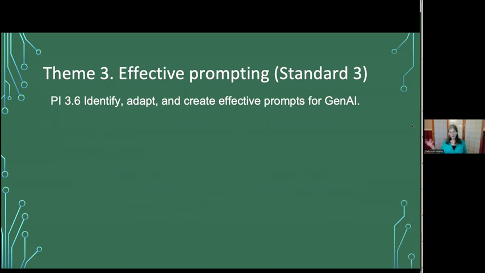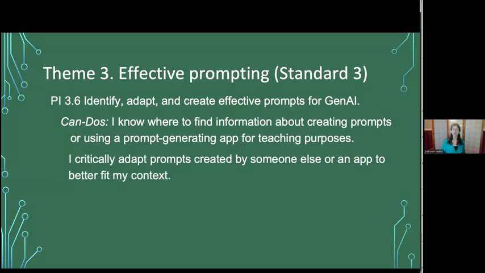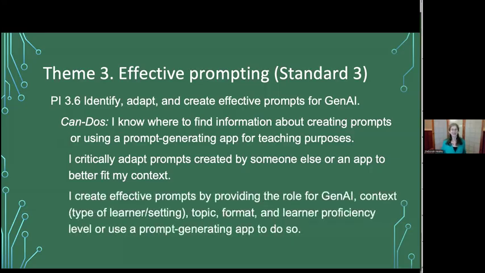The one that's really the heart of generative AI: identify, adapt, and create effective prompts. You know where to find information, or you use an app. Because we're not saying that everybody needs to be a prompt engineer. We're saying that you need to be able to recognize the good ones. You can critically adapt them, or adapt what an app creates, and if you're going to create them yourself, these are some key components to an effective language